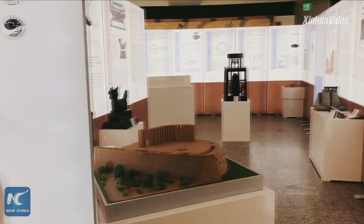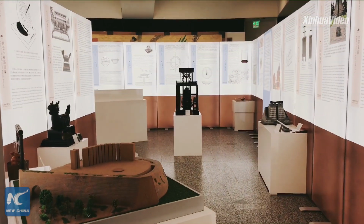I'm now in Vienna's International Center. The Ancient China Navigation Exhibition opens here on Tuesday. Invited by the United Nations Office for Outer Space Affairs, the exhibition showcases the technological and cultural evolution of China's navigation. And today we are just here to show you around some of the highlights of the exhibition, and we